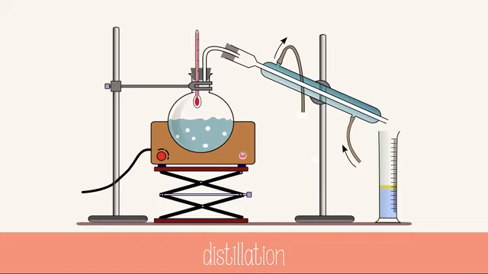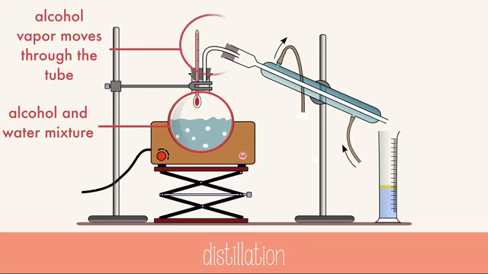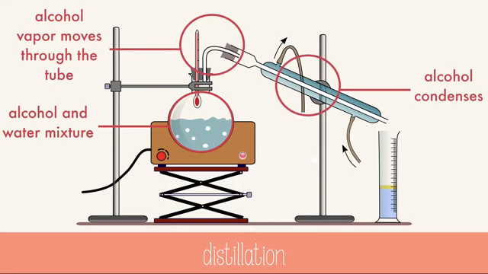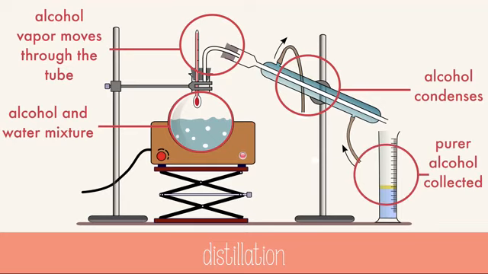Distillation is a process to separate two liquids where liquid is boiled to produce vapor, which is then condensed and collected. This is how alcohol is distilled to get a purer form. Alcohol boils at a lower temperature than water, so the mixture is heated so that the alcohol vaporizes, but not the water. Then the alcohol condenses through a special condenser tube that keeps cool by running water through it. And then the alcohol is collected at the end of the tube.